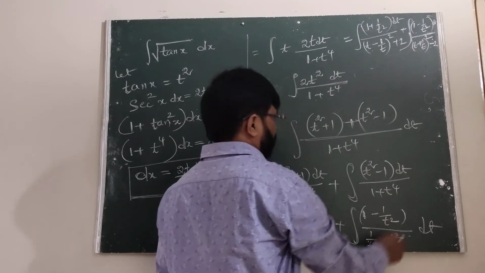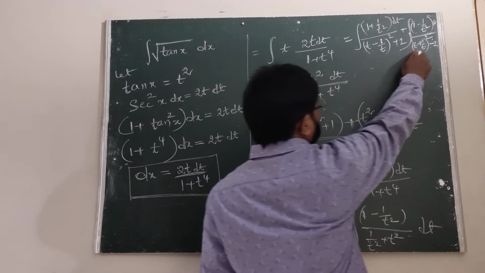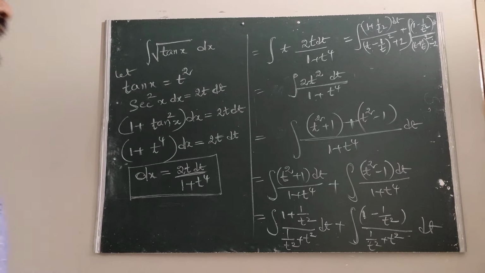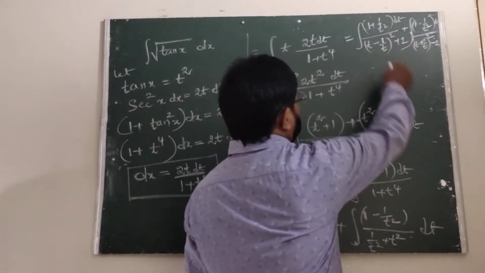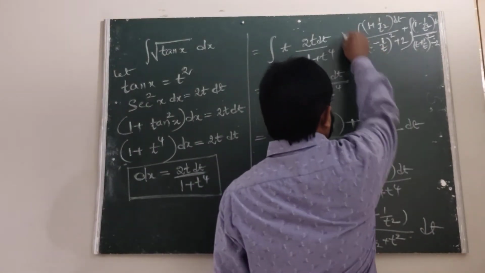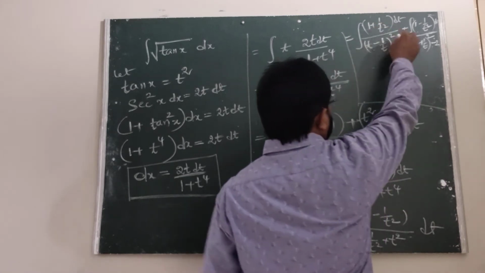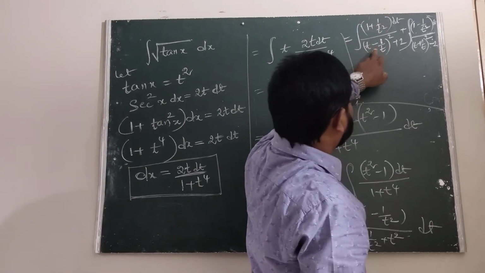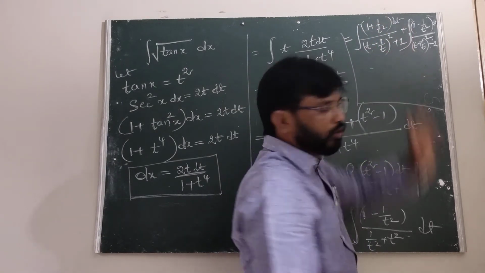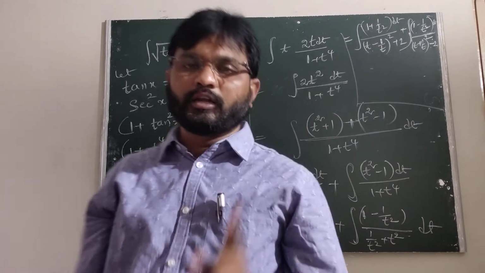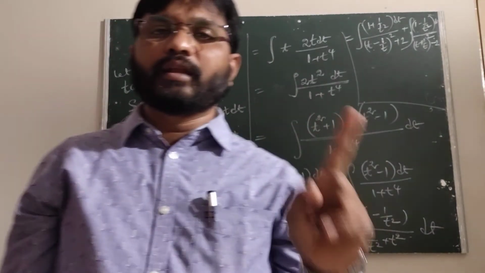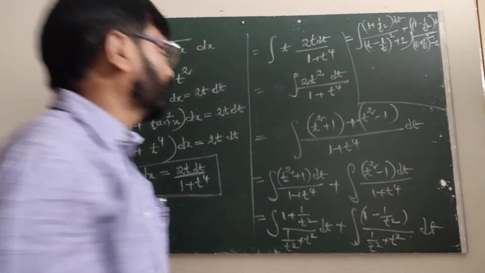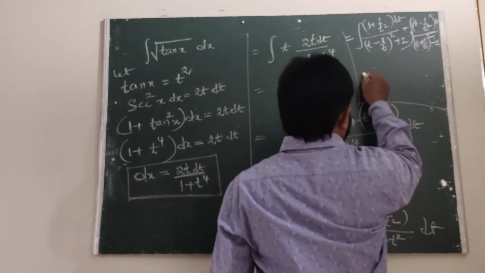Therefore a square is t square, b square is 1 by t square, and 2ab we are getting plus 2 minus 2, which cancel. Now how to write this one? When we take this as some y, all of you listen. In this case, dy by y square plus root 2 whole square, 1 upon x square plus a square is 1 by a.